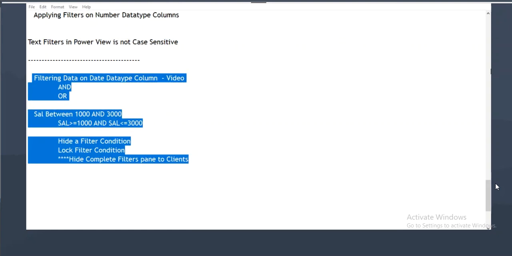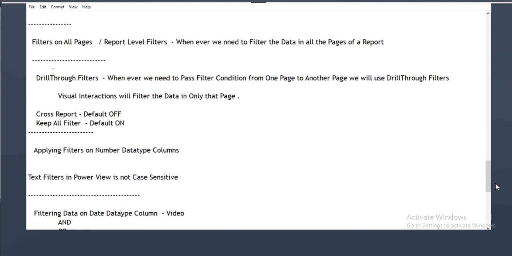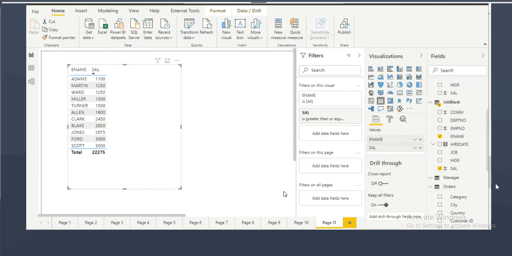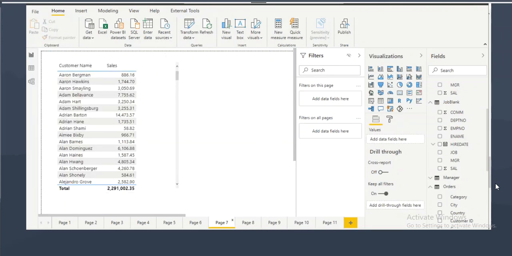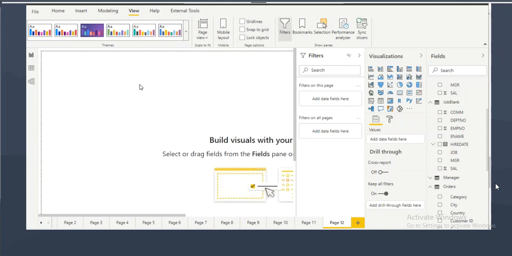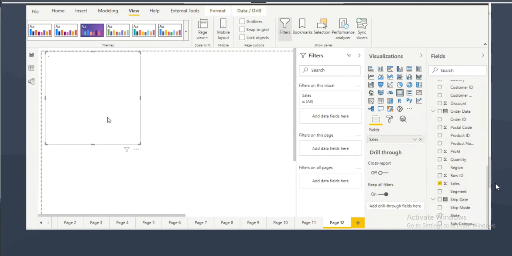For example, there is a country filter and a state filter. If I select USA, the states should show only USA-related states. Is that possible? What you are talking about is a slicer. If you want to provide a provision to the client to filter the data, you need to go to the slicer visual. I have a card visual where I have complete sales.